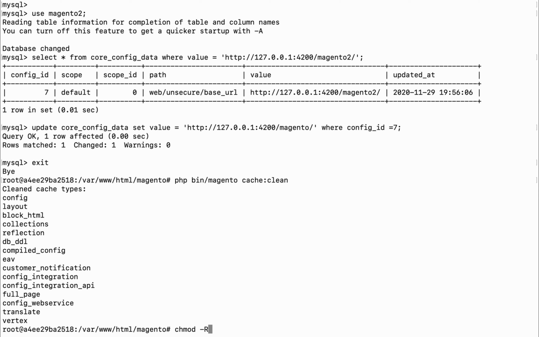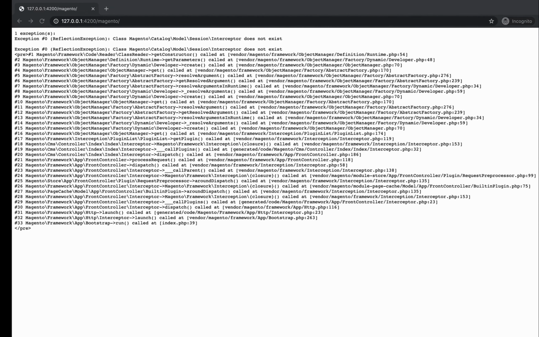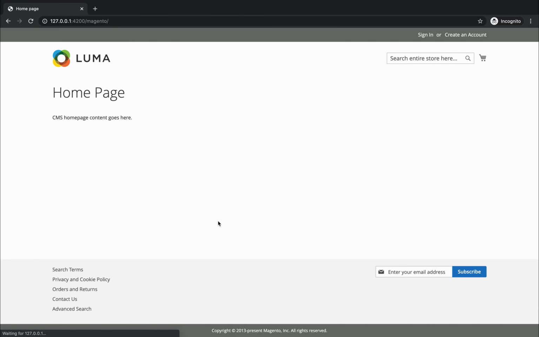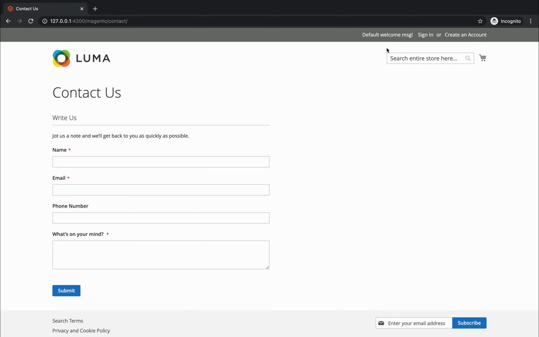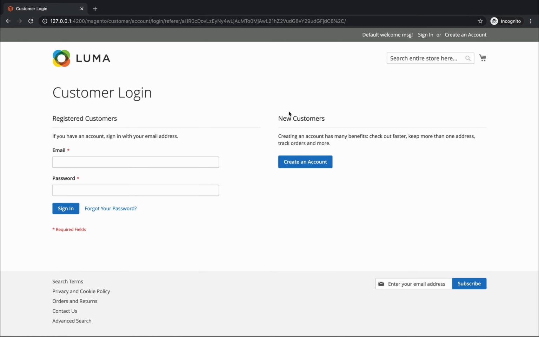So I will change permission for pub, static, var and generated folders to 777 and I will reload the page, and you can see now Magento is working fine for us, and we can go through different pages and see Magento 2 is running properly.